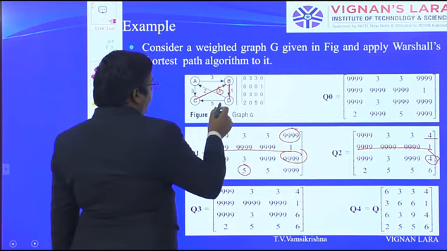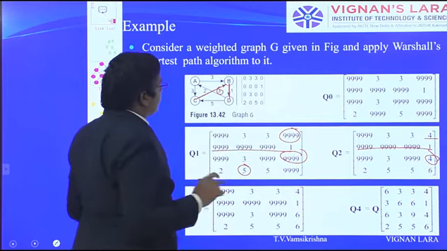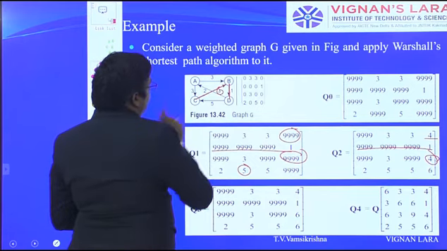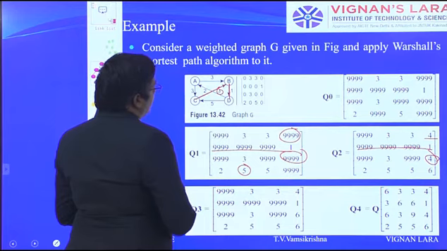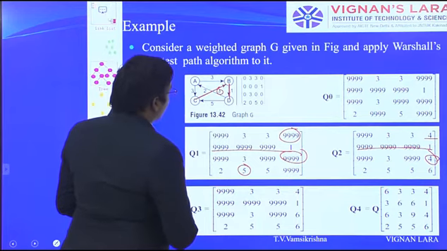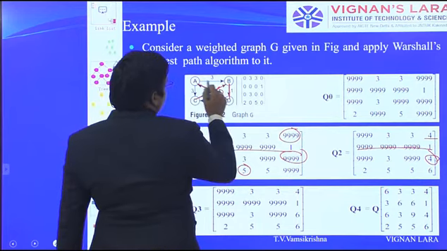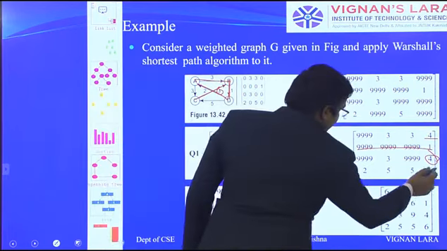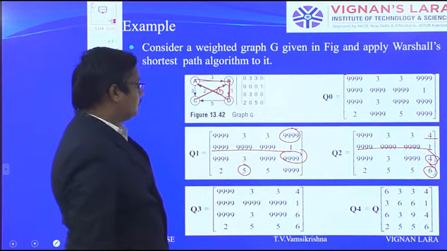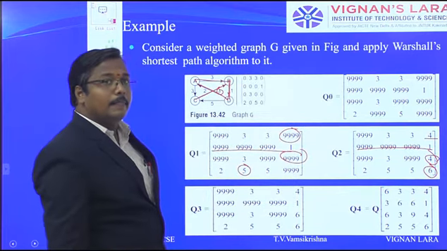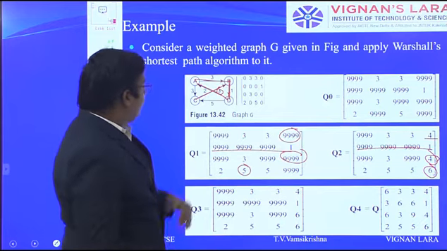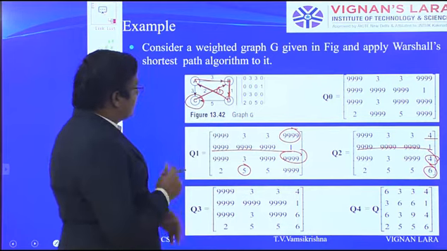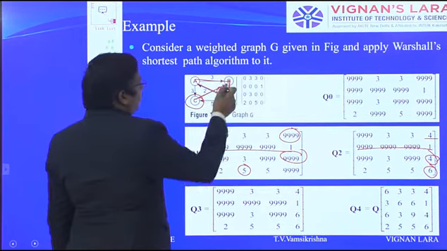And D to A, where A is considered as the intermediate vertex. So D to B is updated and D to C is also updated. Then D to D is considered: 2 plus 3, 5 plus 1, 6. So that is updated; that is the only thing updated. Like that, when we are considering the via vertex as C, C to B only we are moving.